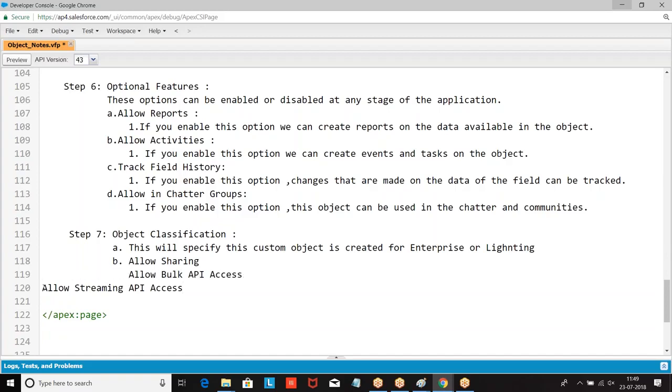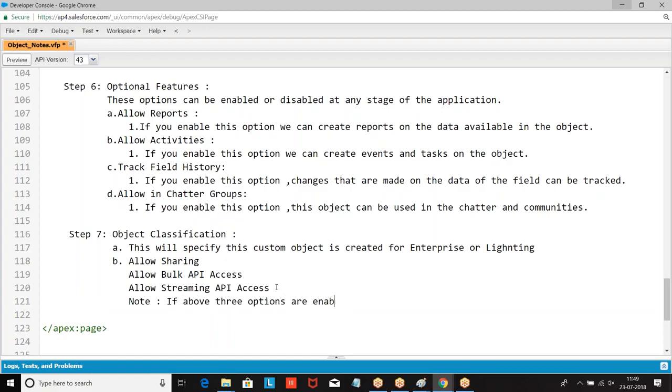We have 3 options: allow sharing, allow bulk API, allow streaming API. If the above 3 options are enabled, then it is designed for enterprise.